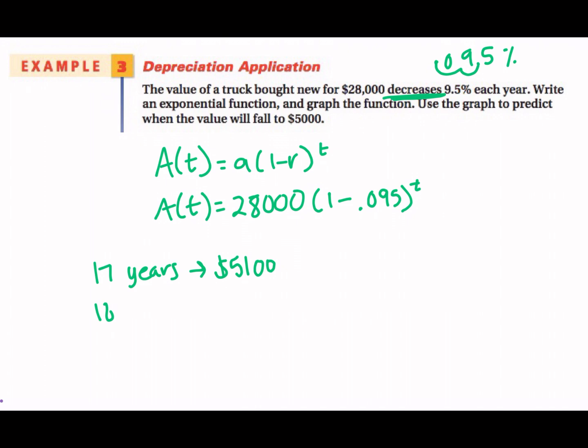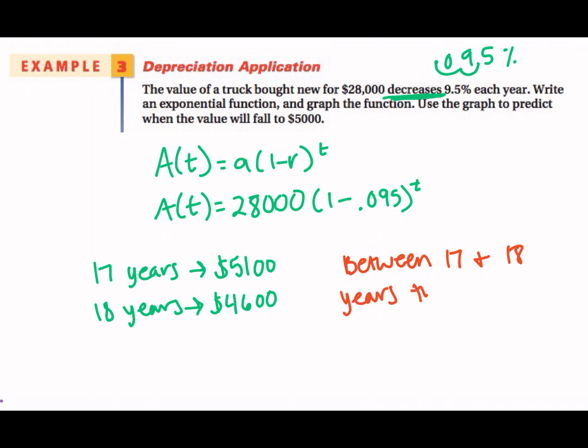And then at 18 years, it is 4,600. So I'm rounding these numbers. So we're going to say between 17 and 18 years is going to be our answer to the second part of this. So between 17 and 18 years, the truck will